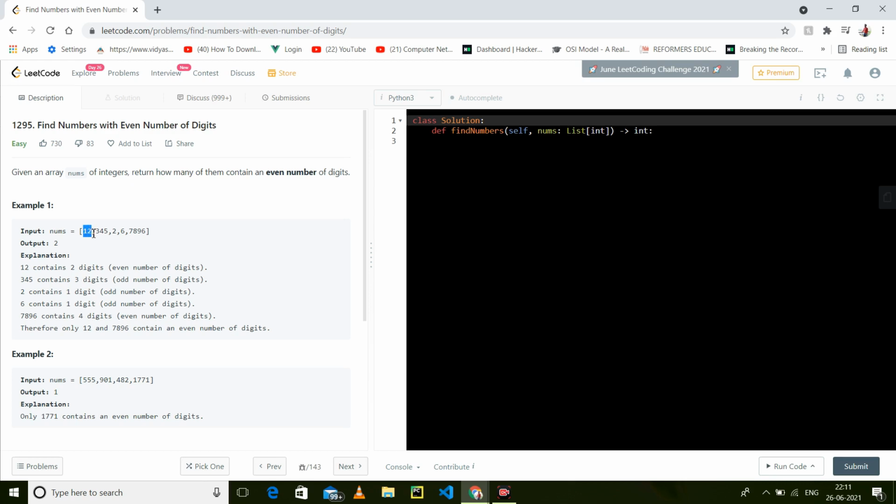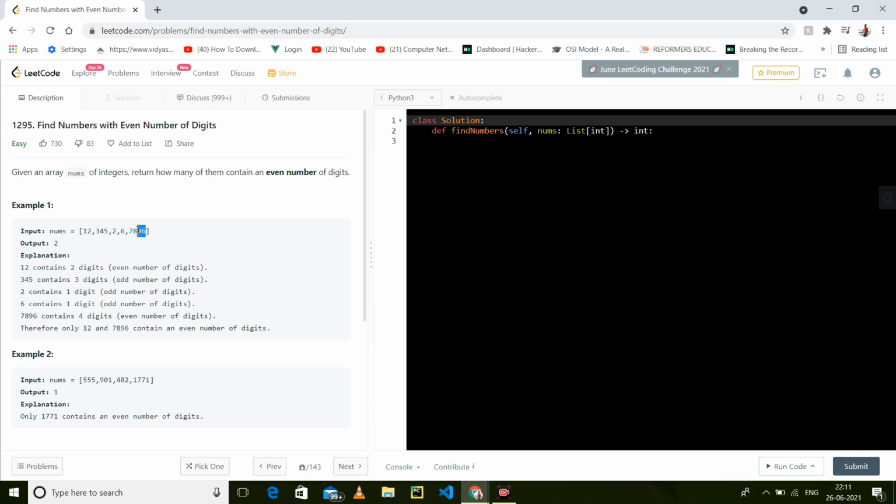So it is 2, and we will take the modulo with 2. 2 modulo 2 is 0, that means it is even. This one has length 3, so we will take the modulo, but we have a remainder of 1, so this is not even. This one has length 1, 1 divided by 2, this is not of even length. This is also not, but that one is 4, divided by 2, it is divisible by 2.